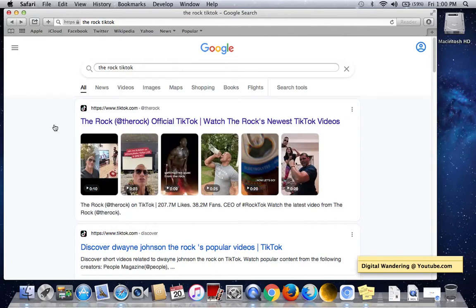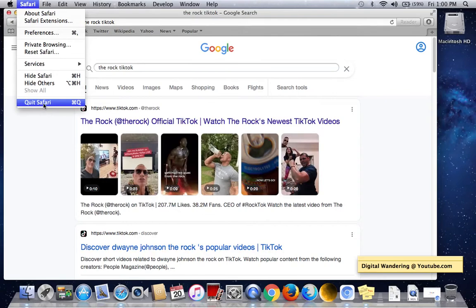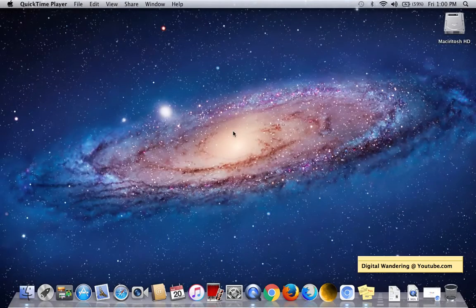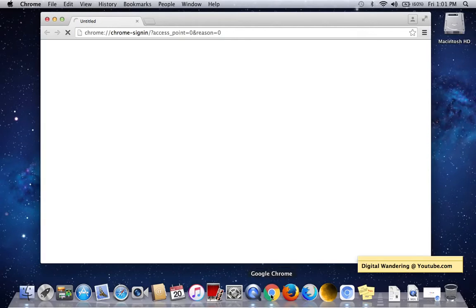It's really one of the things is when you're using these old operating systems, you get a lot of mixed results. So that's why you have to have multiple browsers. Without multiple browsers, and we're going to go to Google Chrome right now, you really just lose the ability to do a lot of different things. But by having the multiple browsers,